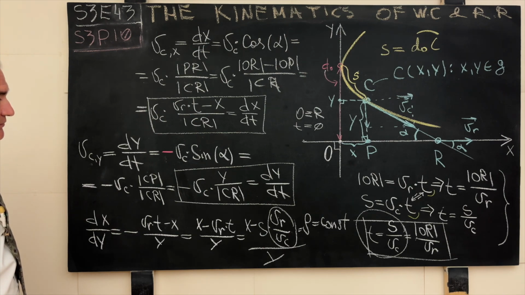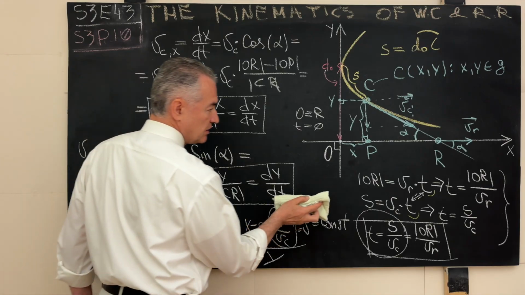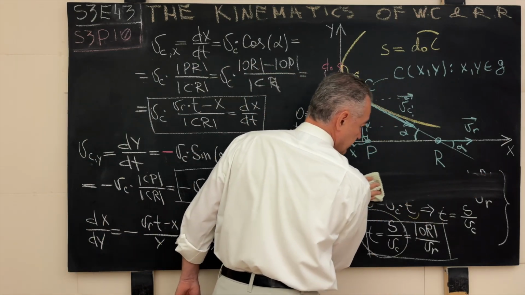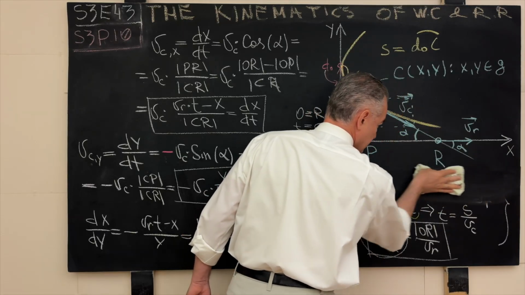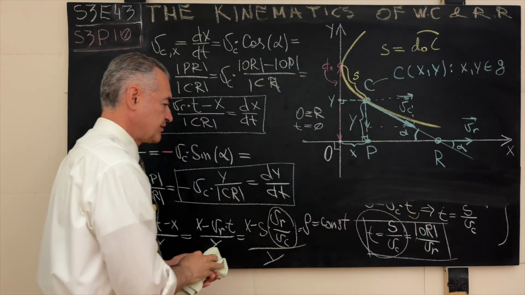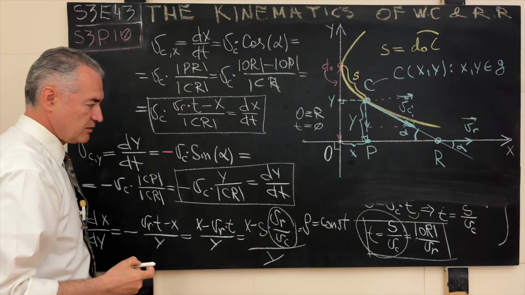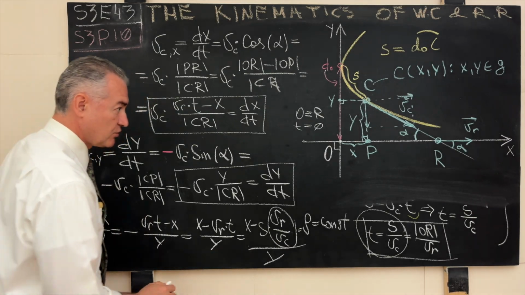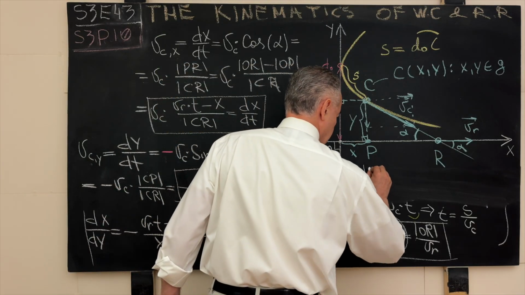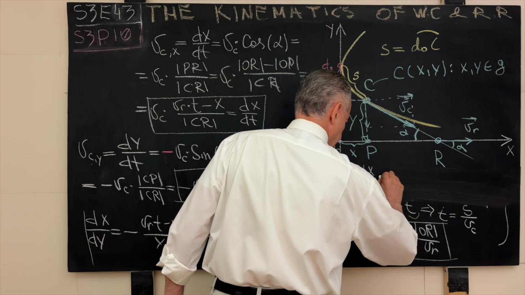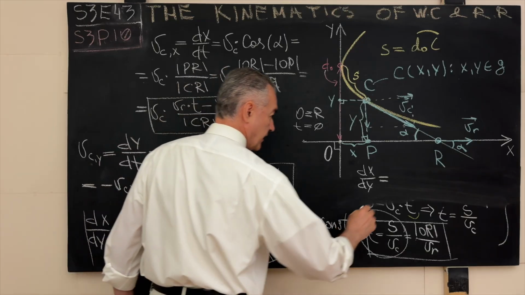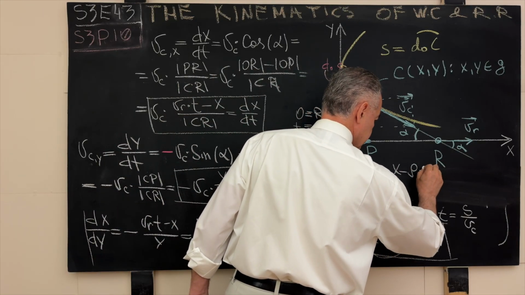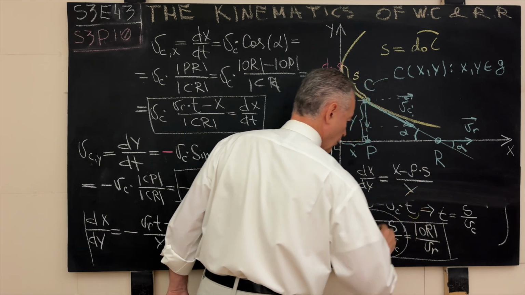Where do I have some room? Well, let me erase some room over here a little bit. You understand how this information was generated. Again, this is as simple as possible. This is nothing beyond middle school curriculum, but now we have the following. Don't forget dx over dy. So we have dx over dy is equal to x minus rho times s, divided by y.